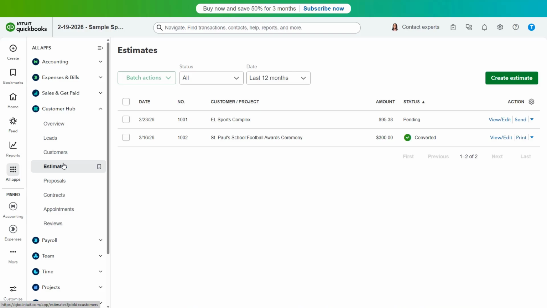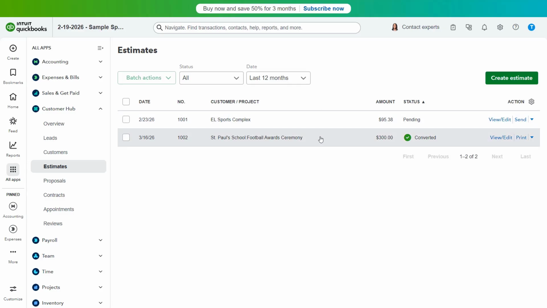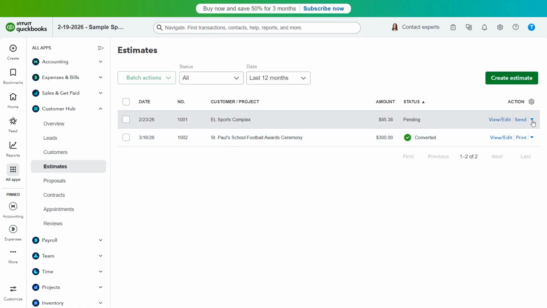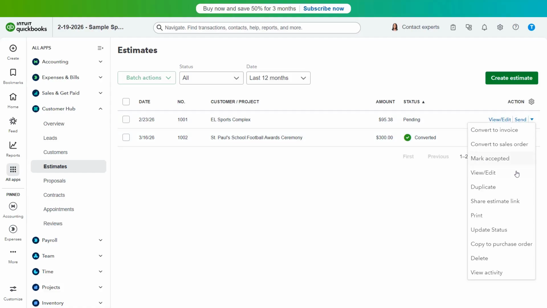To duplicate an estimate in QuickBooks Online Plus, click the Estimates link under the Customer Hub app in the All Apps bar to open the Estimates page. Then find the estimate to duplicate in the Estimates list. Then click the drop-down under its Action column and select the Duplicate command to open a copy of that estimate